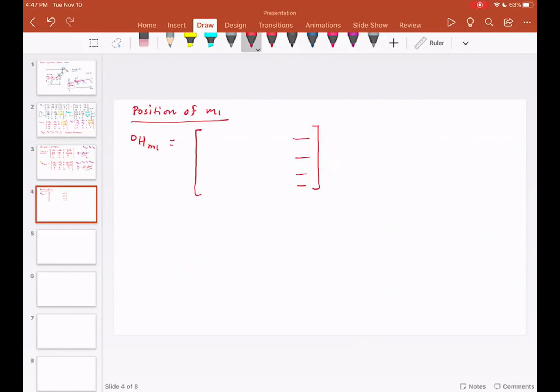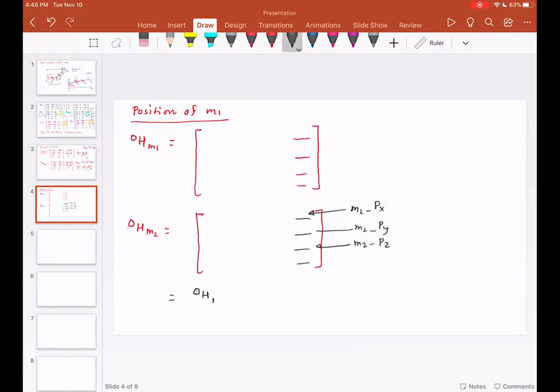Now the next step is you have to do something similar, 0HM2. When you find 0HM2, you are going to have 1, 2, 3, and 4. This is going to be M2_PX, M2_PY, and M2_PZ. A word of caution though: for 0HM2, you need to have the complete 0H1, not 0HM1. You need to have 0H1 multiplied by